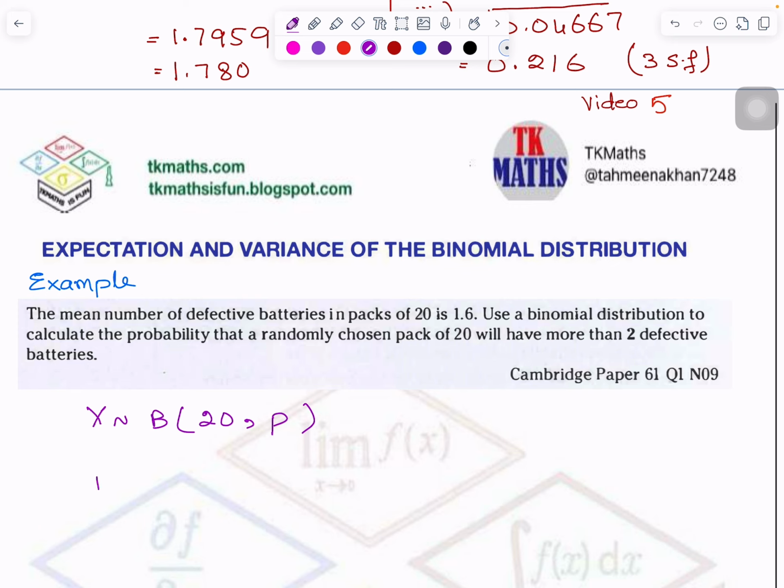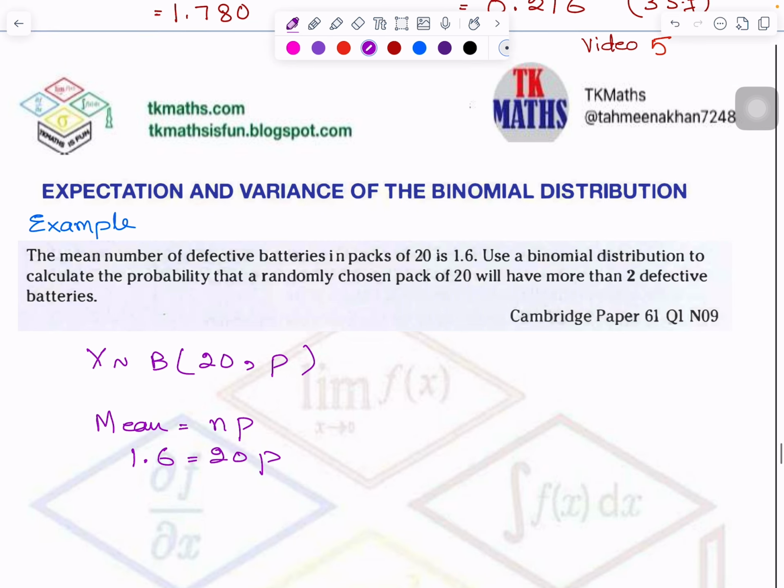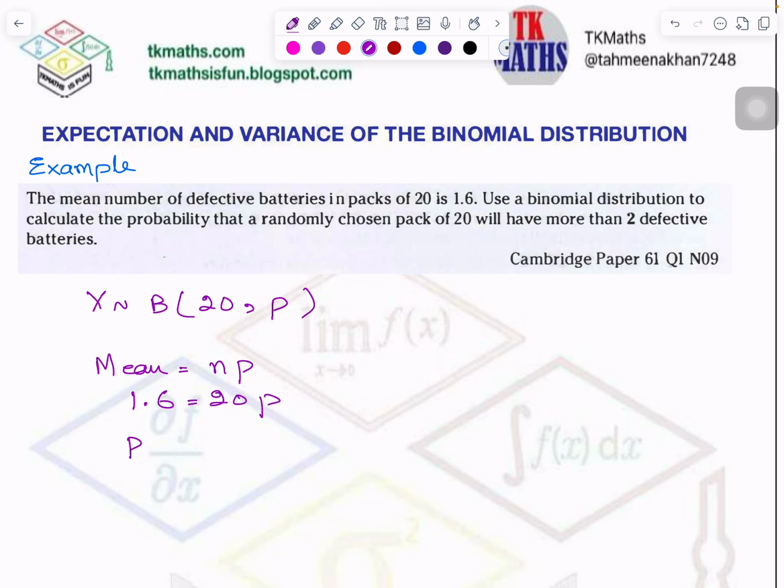So mean is equal to NP. We know that mean is given to me, 1.6. N is 20. P I will find out. So P is equal to 1.6 divided by 20. Because finally, I have to find what? The final question is basically, you find out the probability for X